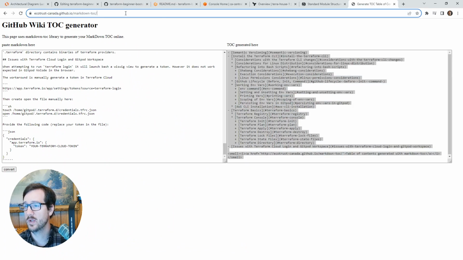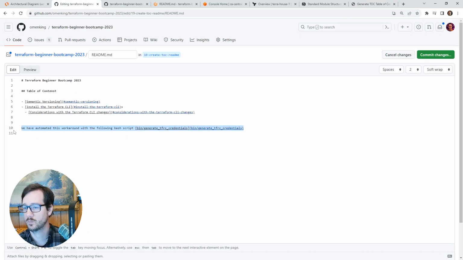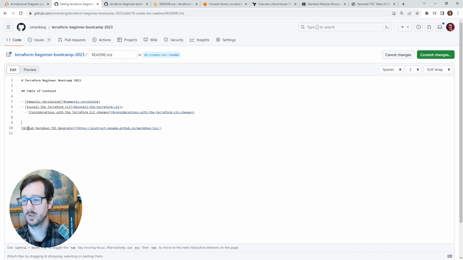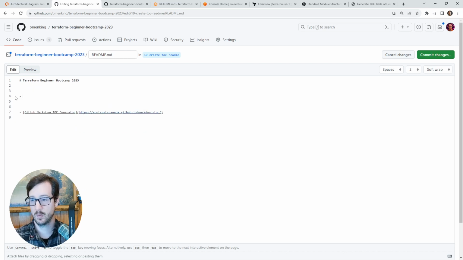But I want to go ahead and grab this because this is a very useful tool. I'm just going to say here, GitHub Markdown TOC generator, so we can use that later on. And I'm going to clear this out. And what I want to do is just say week 0 journal. We'll put square braces here. And then we'll do journal /